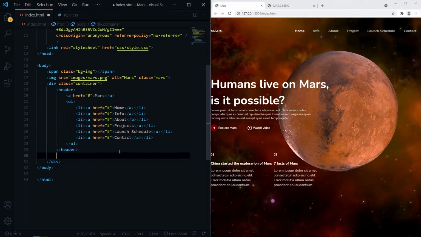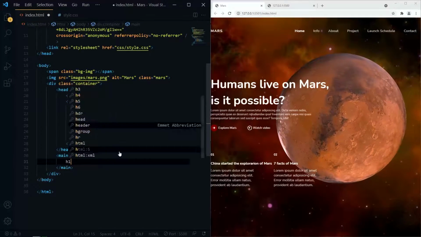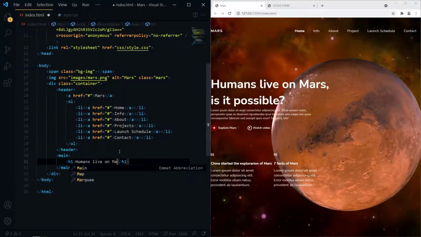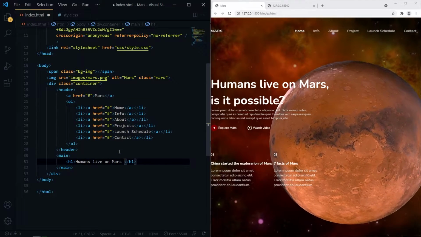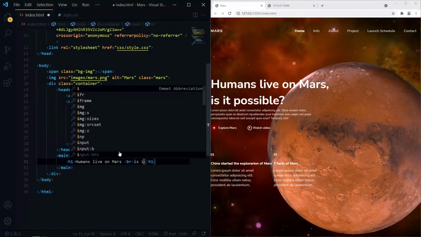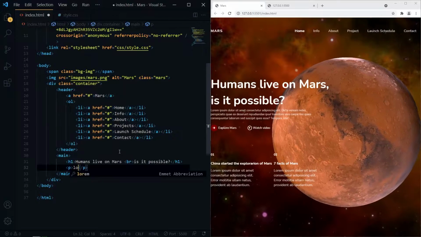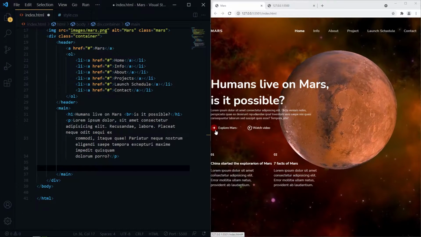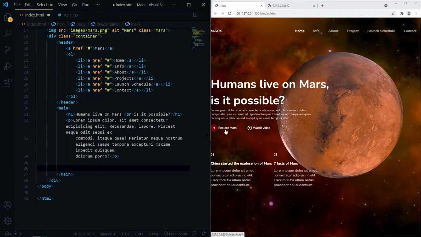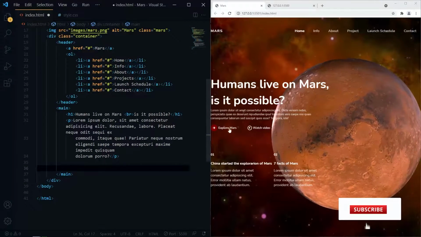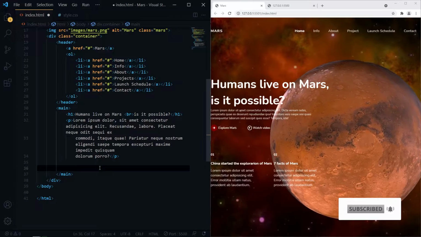And for these contents, I will wrap this icon and text inside an anchor tag, and those two anchor tags inside a container div.